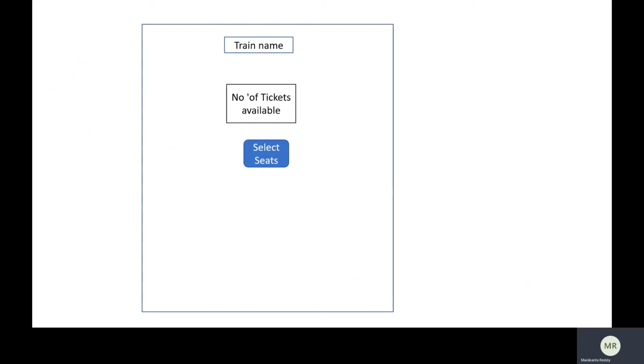So for example, if I have logged in to book tickets, and if there are 10 tickets available at that point of time, but once I have already logged in, there is a person who has parallelly booked 5 tickets, then it has to update the tickets available from 10 to 5.